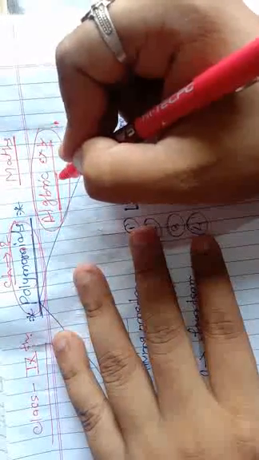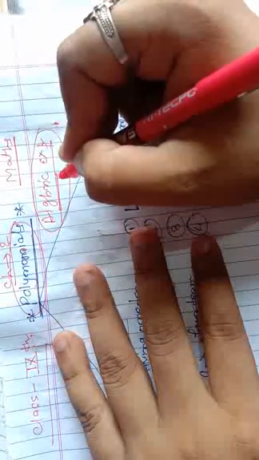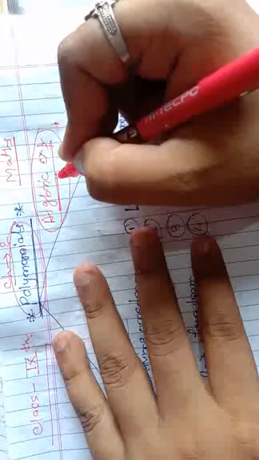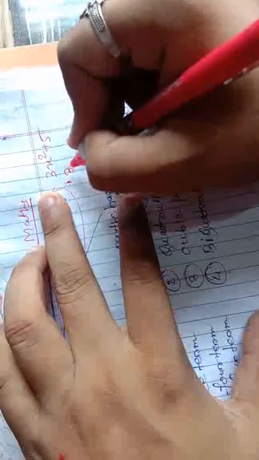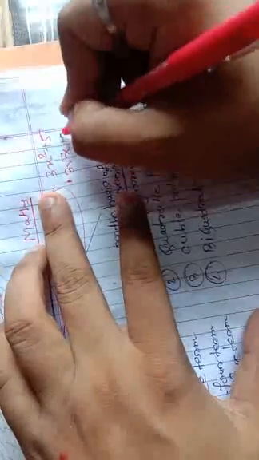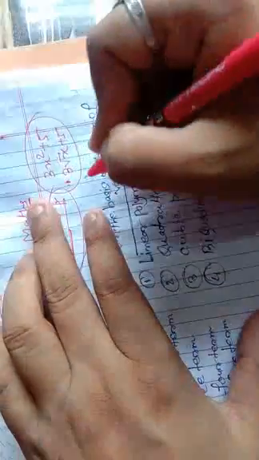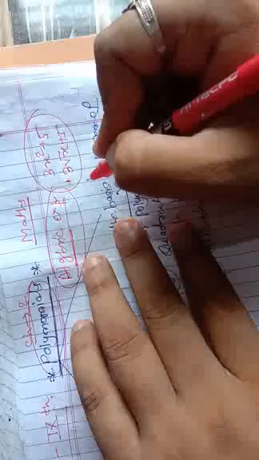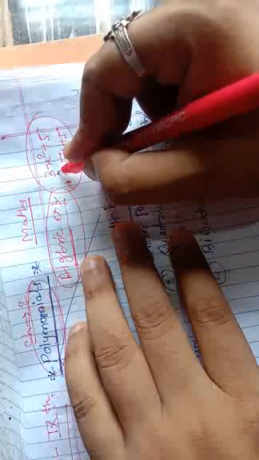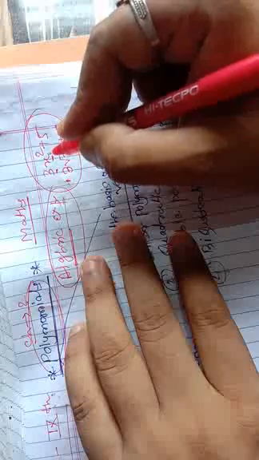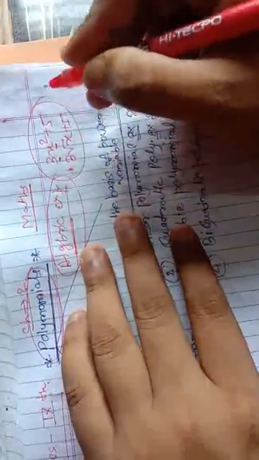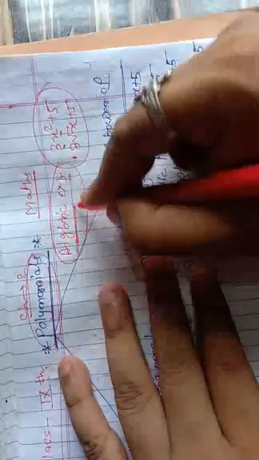It's a type of expression which is the combined form of variable and constant. Suppose I write one example. See, this is 3x square plus 5, or we can give the example 3 root x plus 5. So these two are examples of an algebraic expression, because this 3 is the constant and this x is the variable. So any expression that is a combined form of variable and constant is called an algebraic expression.